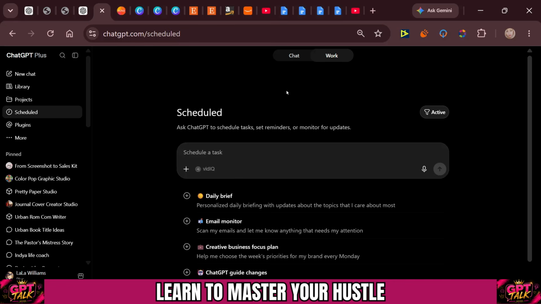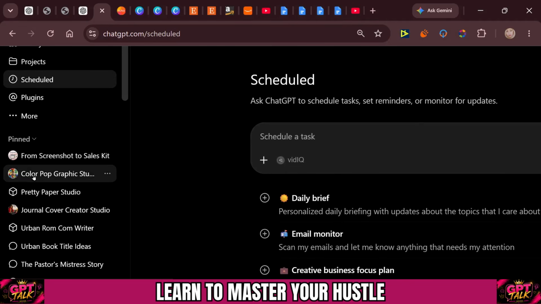Now, if you have already purchased the links from me for the GPTs that you have, those links should still continue to work. They have not made that change yet. I can't speak on what will happen in the future, but right now they say that the links already created should still work. And I have checked. I went to the back end. Let me show you. Let's go to the ColourPop